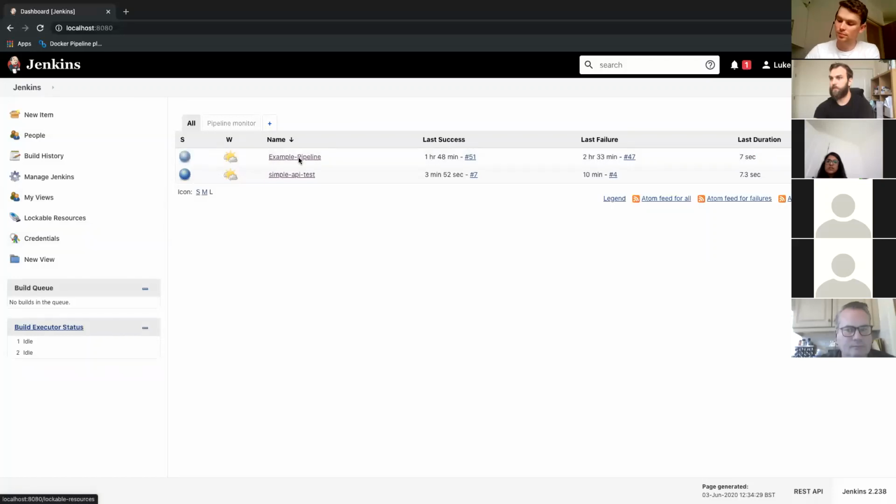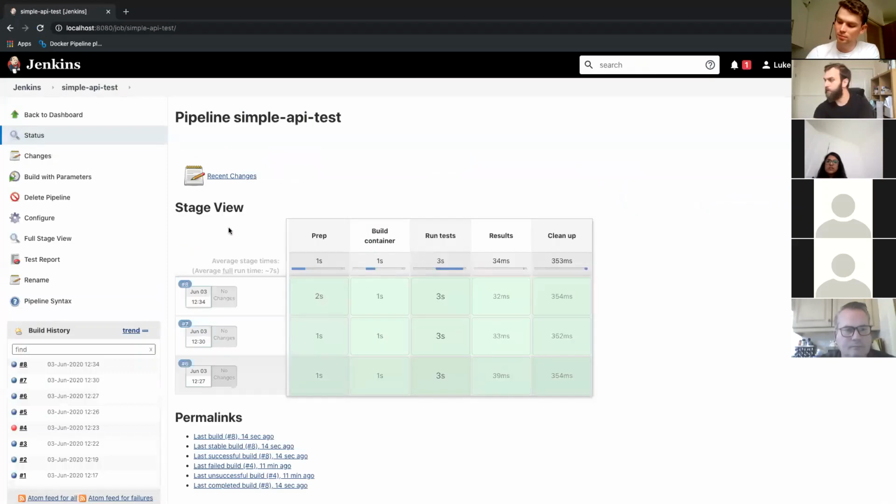So you could see that simple API test ran there in the executor, so we know that it has gone and triggered. And judging by the timestamp of that, there's this one here that has just been run off the basis of that other one being run. So you can see how that might be useful if, say, that other one was the building of your application or the deployment of the application to the server, and then you want to run your tests.